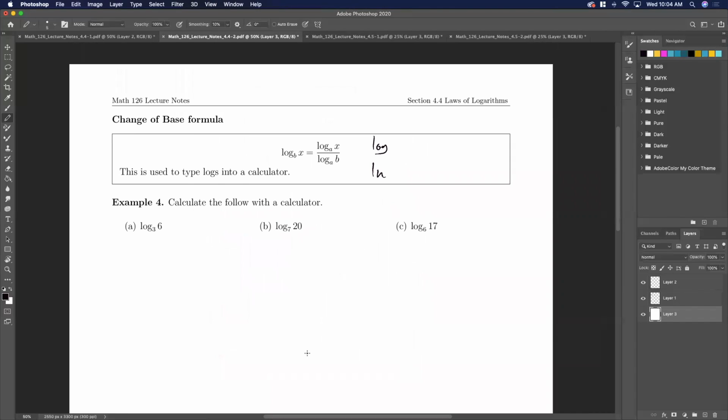Now, if we're using our magical Wolfram Alpha calculator, I think you can actually type in log base something. I think you can actually do that in the calculator. But most of them use one of these two. You can actually use ln of x over ln of b, and that's what I almost always use,